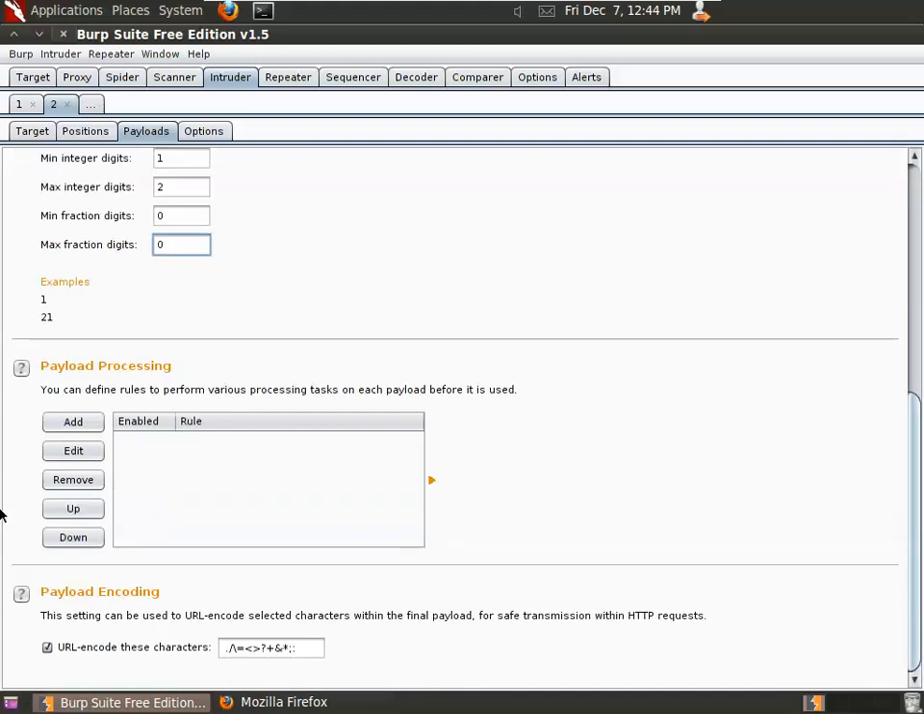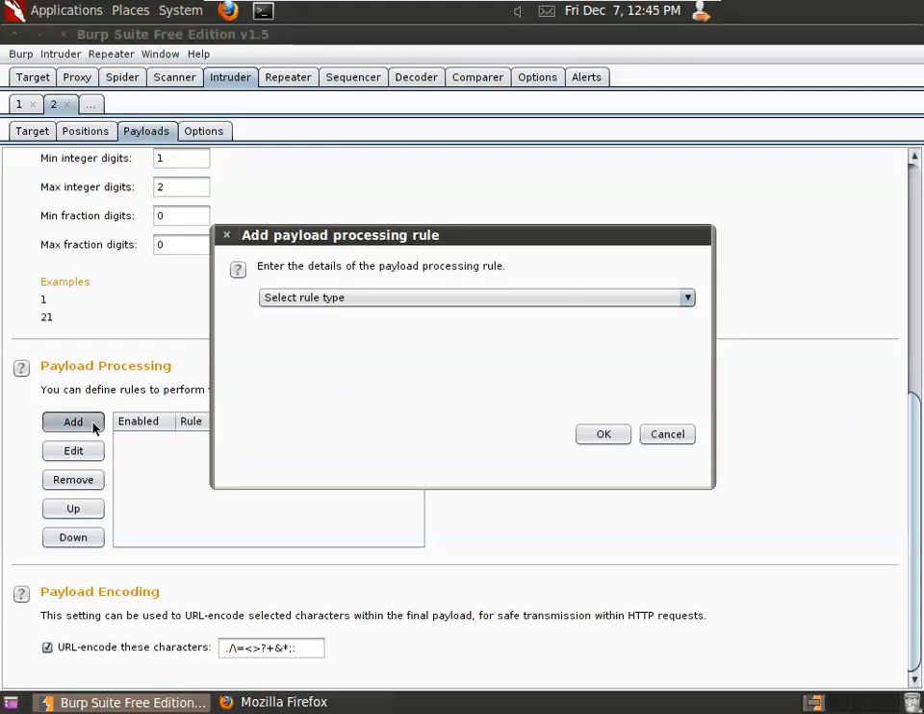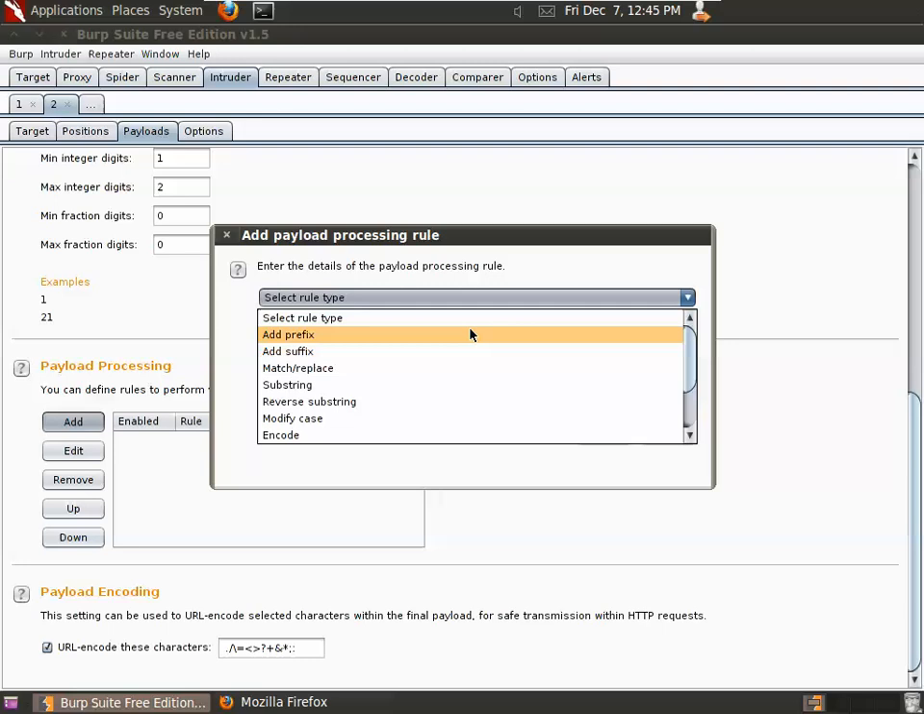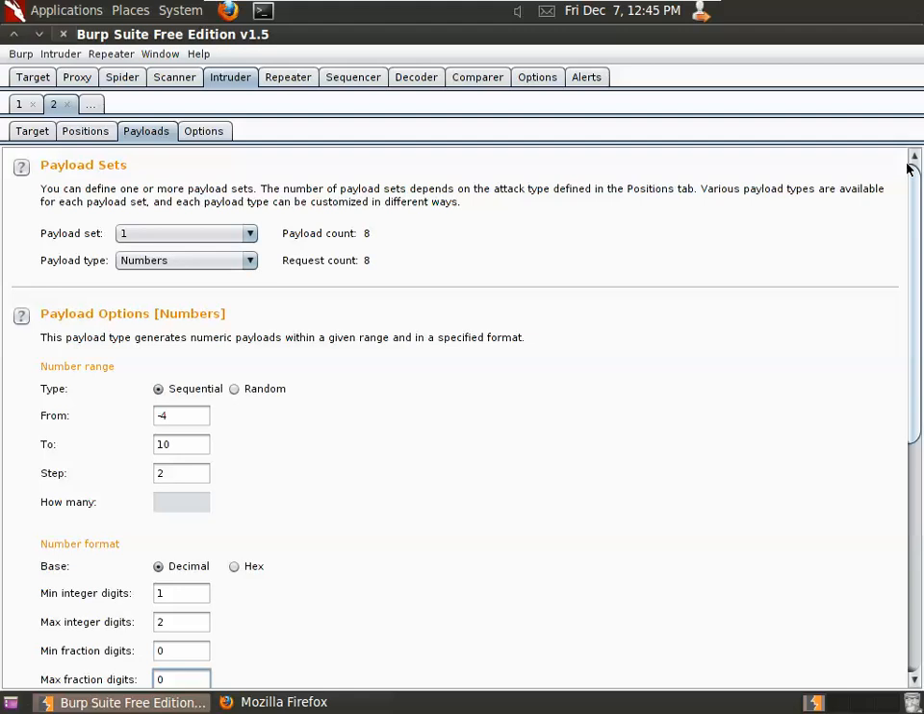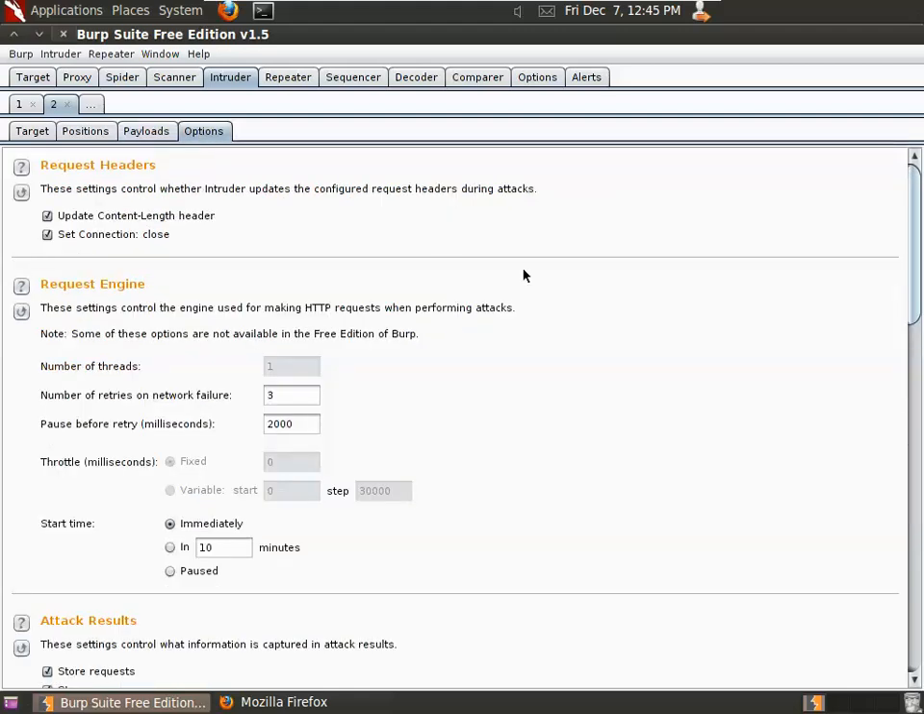On the payload processing, you can set up rules to look for stuff or to modify or change things. It's an advanced technique, but it can come in useful sometimes. All right, so we have our test set up. Over here in the options,